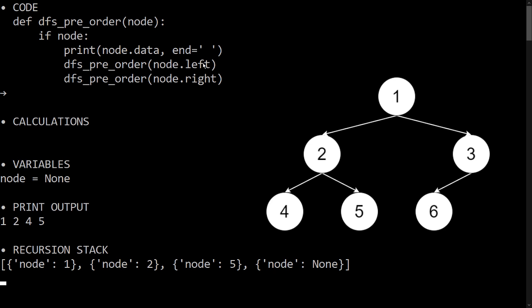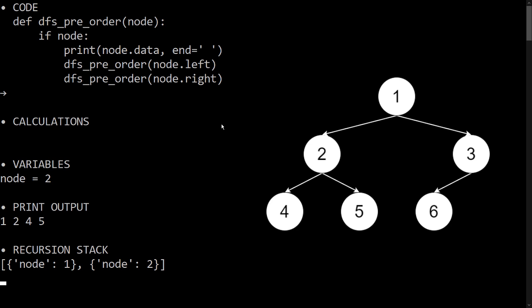It will return back to its caller. 5 dot right gets recursively called, that is also none, so this if condition becomes false again. It will return back to its caller. Now for node 5 also, all these 3 lines get executed, so it returns back to its caller node 2.